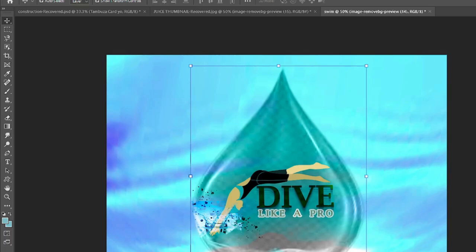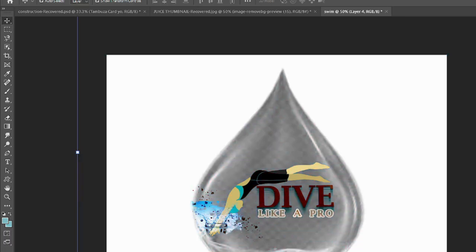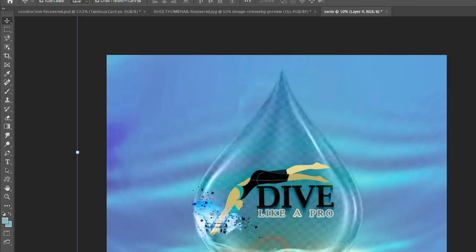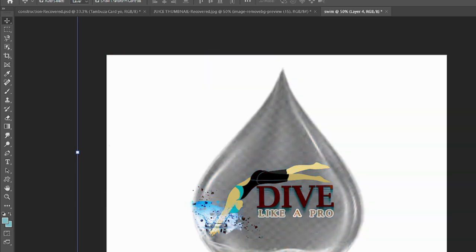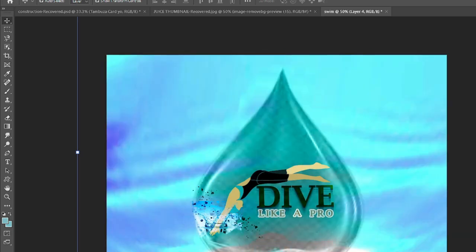So after applying the hard light, I brought in also the background and also changed it from normal to hard light, so that they can blend in properly. I think we can see the different modes, but I thought the hard light can blend in properly with the water drop, and I had to delete